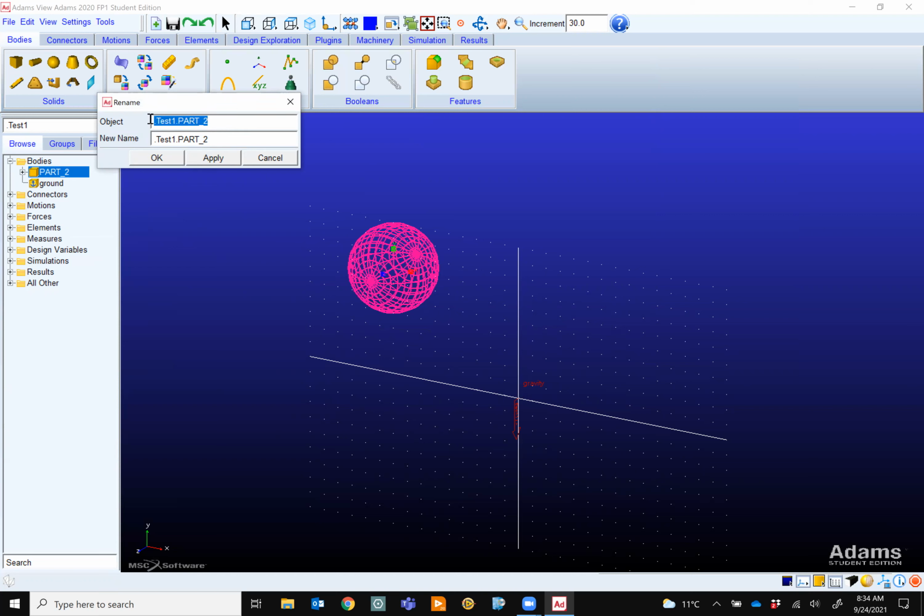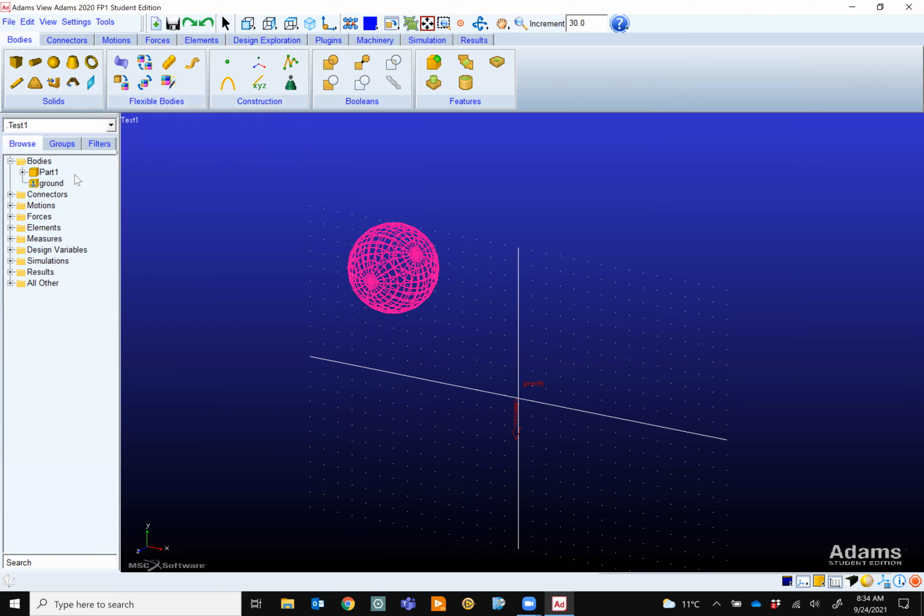Then each of these you can rename and it automatically changes everything. No, sorry, not the object. Okay, so maybe a sphere is not a good name. Let's just stick with part 1 or whatever you name. Select folder. Okay, so that's the name. You can select whatever name you want.